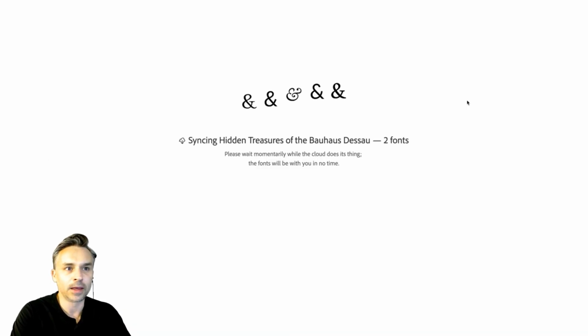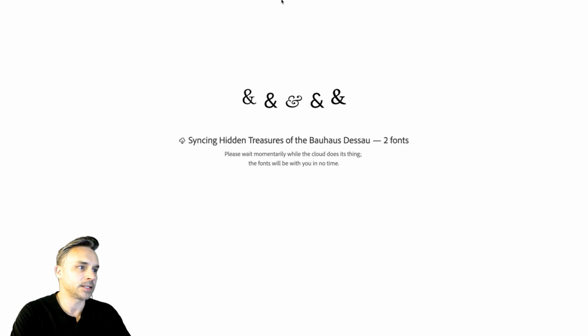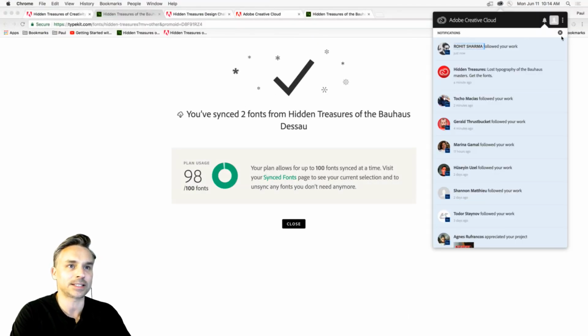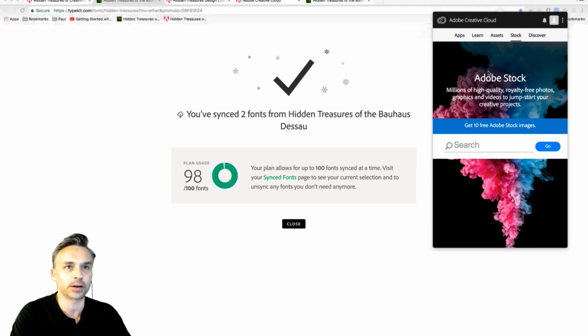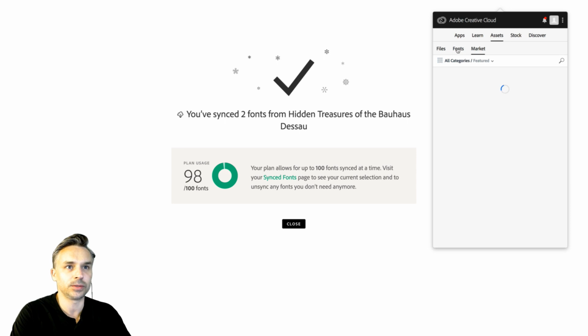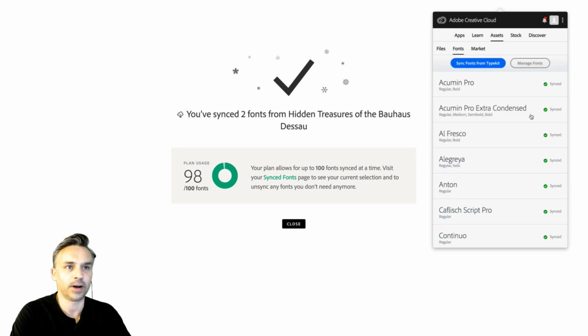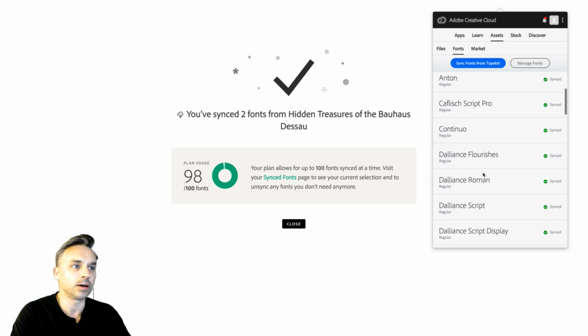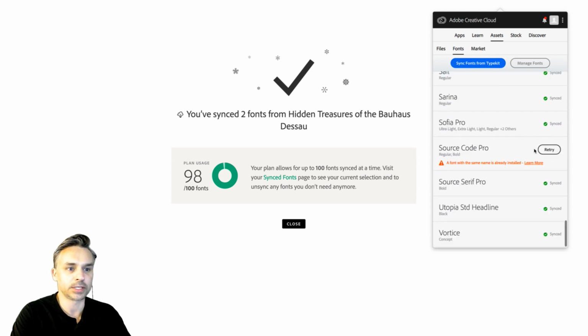Now when I hit this sync button, it's going to sync whatever font I have selected to my Creative Cloud, to my desktop. Okay, so if I go right over here, this is my desktop app, and I'll go into assets, and I'll go into fonts, and here are all my fonts that are currently synced, my long list, right? So Xanh will actually appear in here.